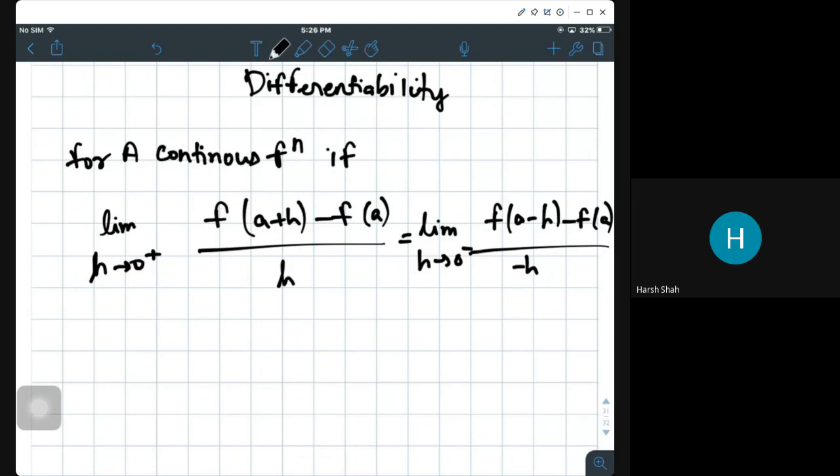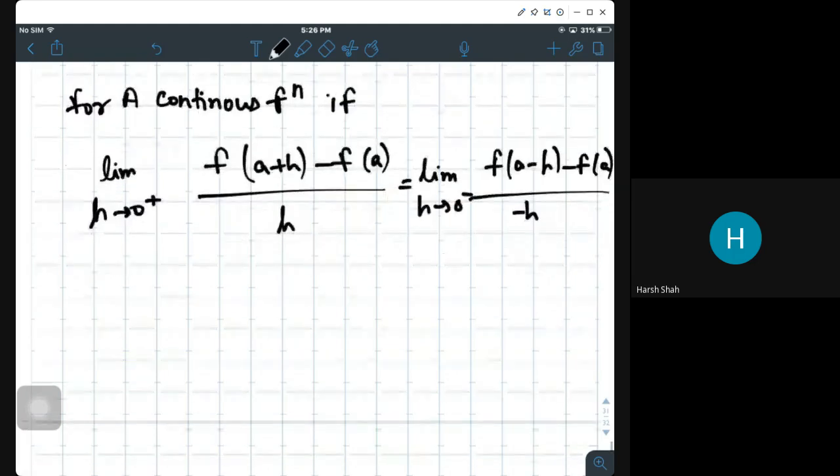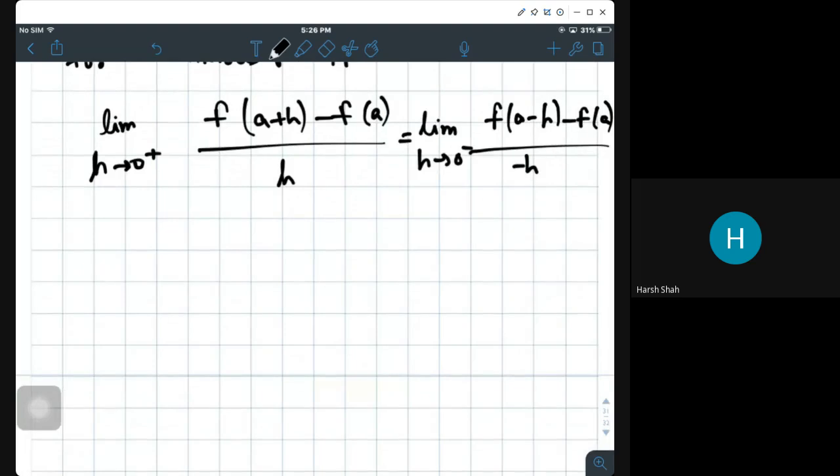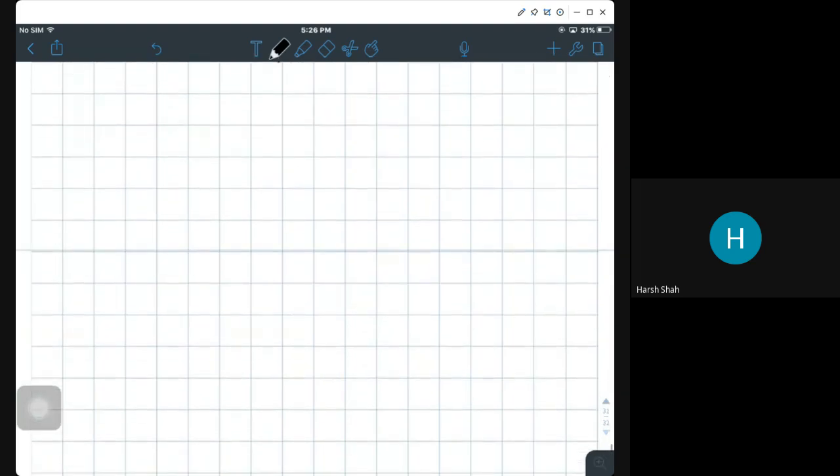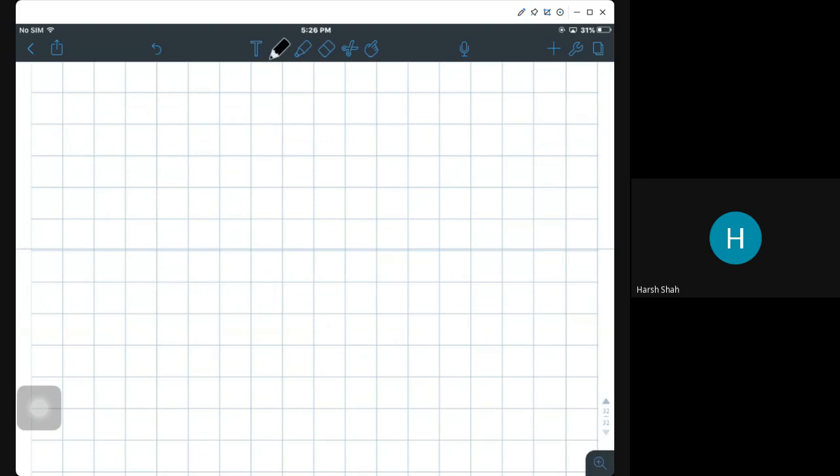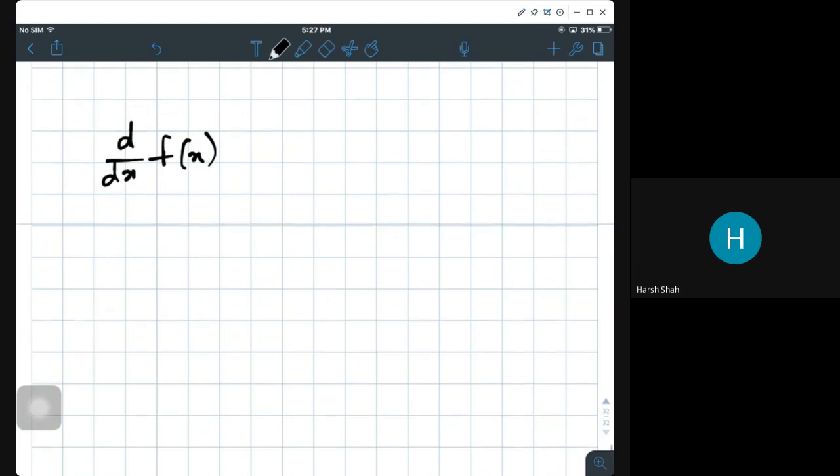Is this clear? Now if you have been told that this is a differentiable function, you can directly differentiate it. d by dx of f(x). This is how we show differentiation, right? Some common differentiations are